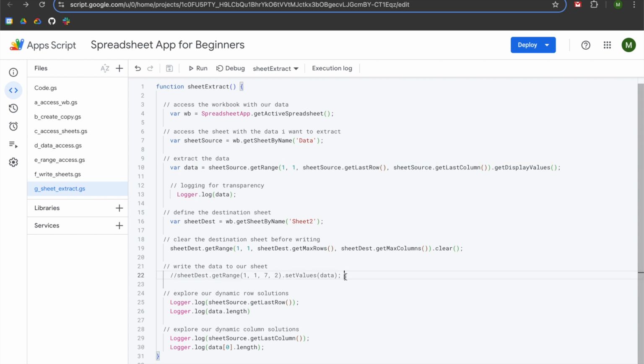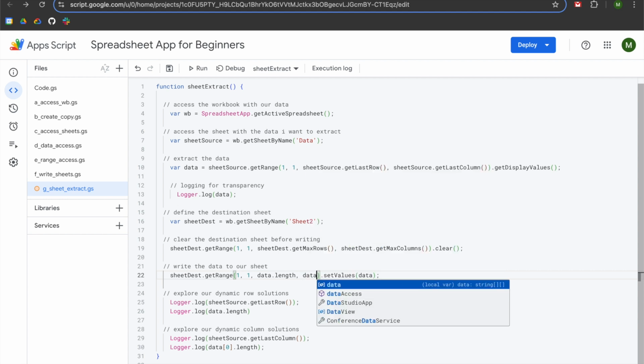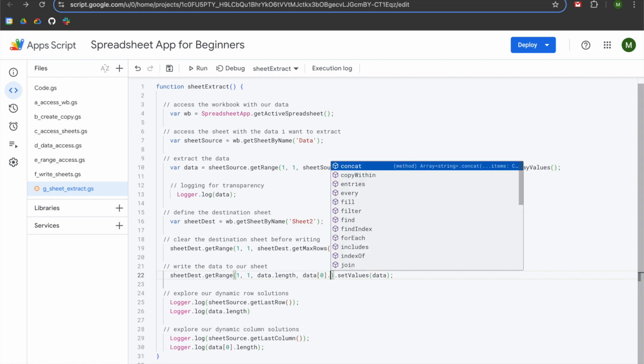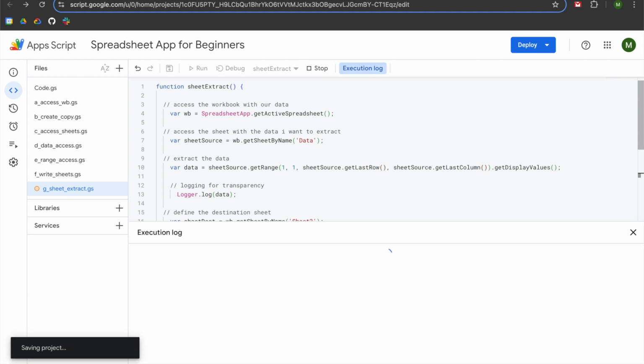So at this time, we are going to highlight line 22, and we're going to hit Command if you're on a Mac, Control if you're on Windows, and the slash button. And if that doesn't work, then you can just delete the 2 slashes at the beginning of line 22. And now instead of having a hard-coded number of rows, we are going to use data.length for our row numbers, and then we are going to remove the hard-coded 2 so that we can do data square bracket 0, go to the right of the square bracket, dot length. And now when we hit run,